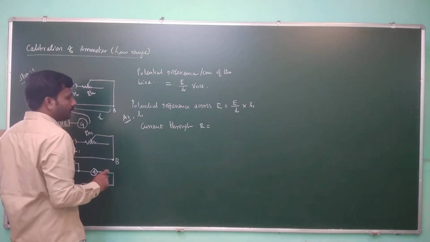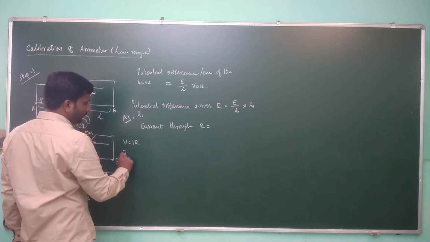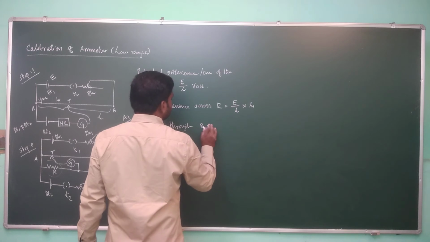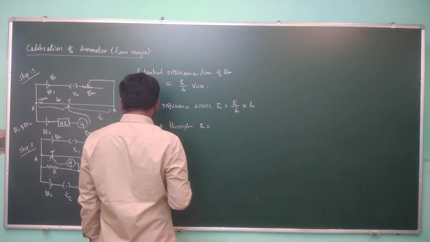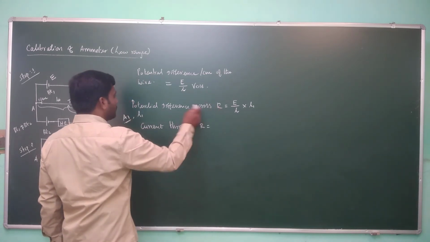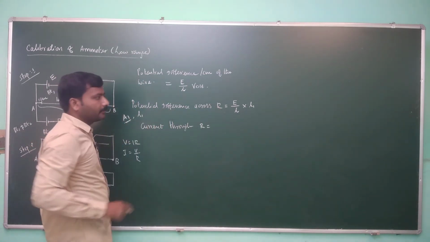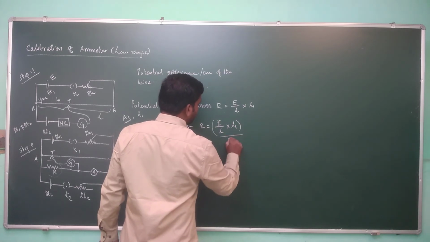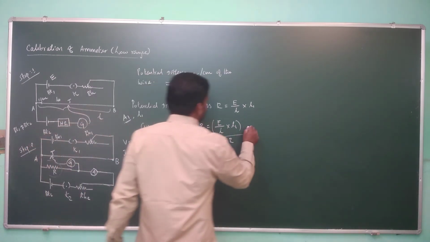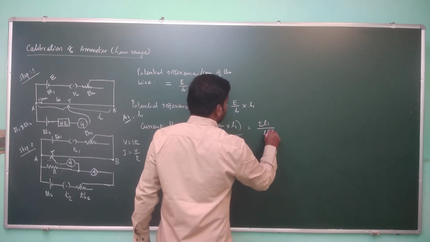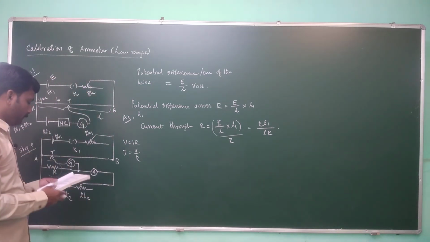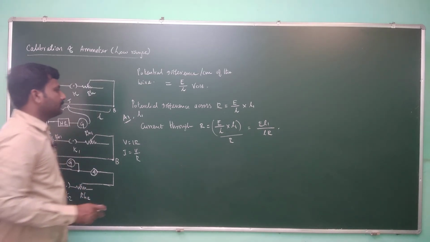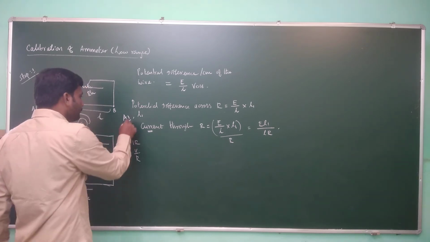Current through R. What is the equation for current? V is equal to IR, so that I is equal to V by R. So the current through R is nothing but I. What we have to do is divide the potential difference across R by the value of R. In that case, E L multiplied by L1 divided by R, so this becomes E L1 by L into R. Fine, so this is the theoretical equation to calculate the current through the resistance, and already we have measured